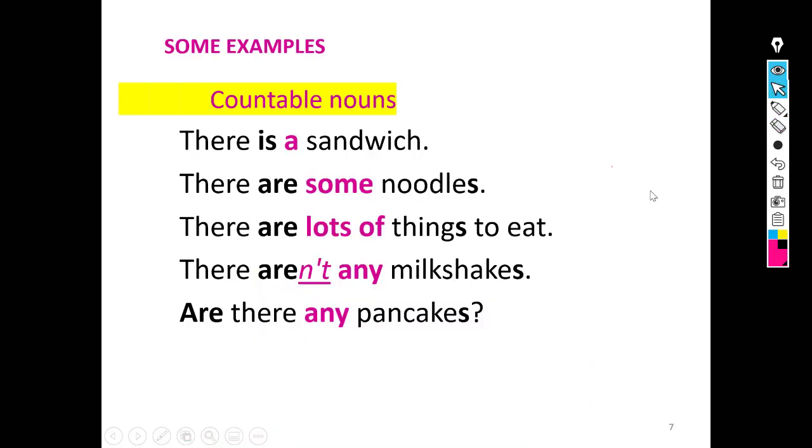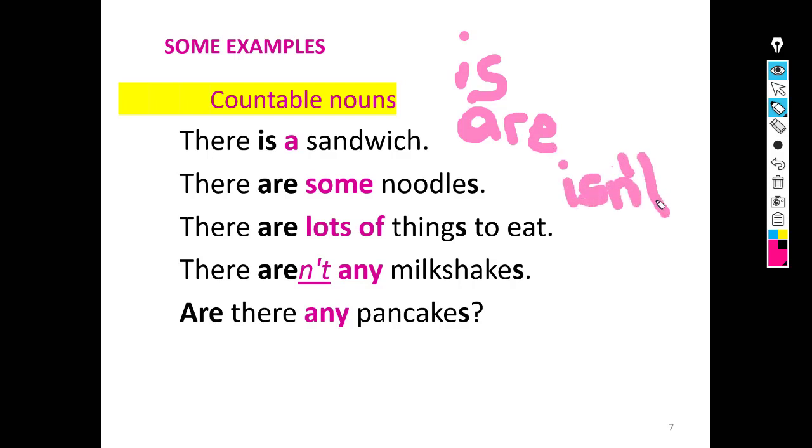What is the next page? Look, some examples. Countable nouns. We can use, okay, is, are, or isn't, is not, or isn't, or aren't, with the countable nouns. Why? Because, for example, I have got a chair, okay? It is pink. So, chair